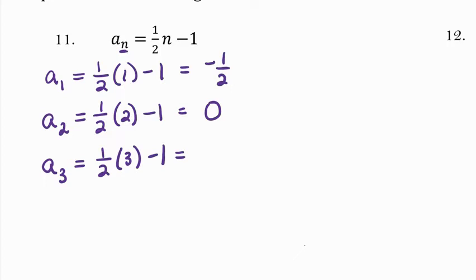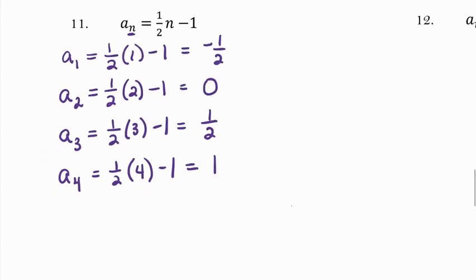So that would be 3/2 minus 1, which would just be 1/2. And then our fourth term is 1/2 times 4 minus 1. 1/2 times 4, that's 2. 2 minus 1 is 1. Okay, so the first 4 terms of this sequence, and I'm going to write them out down here, would be